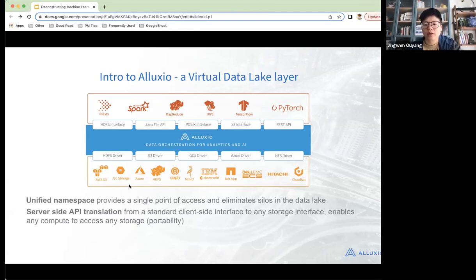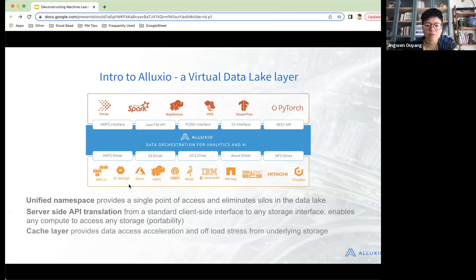So basically, we enable any compute to access any storage, and the compute application layer can be portable in that sense, where you can take it from different places and use it there.